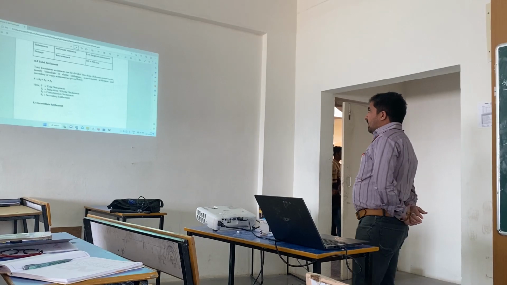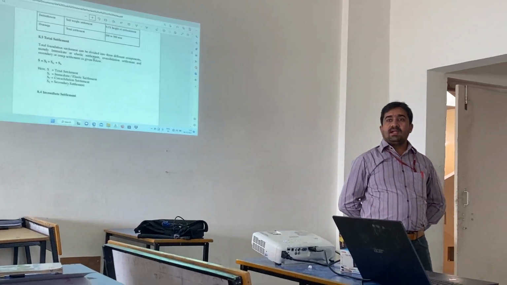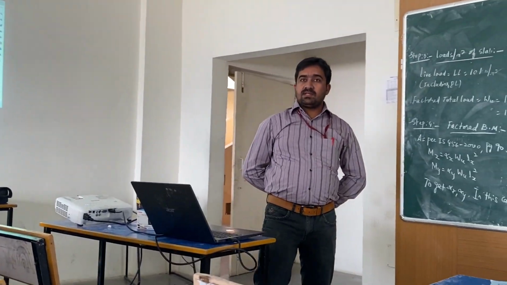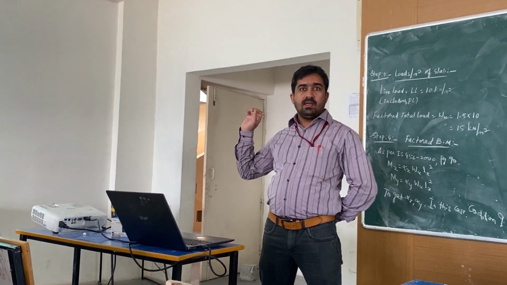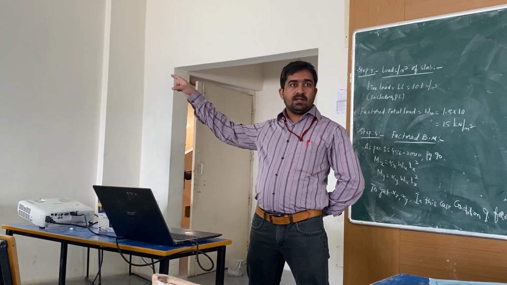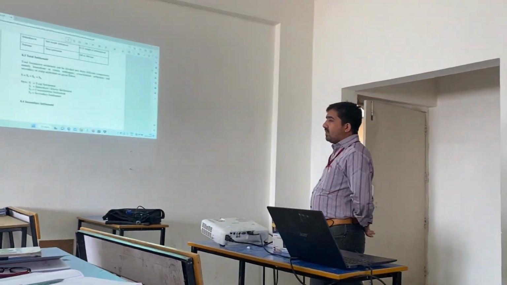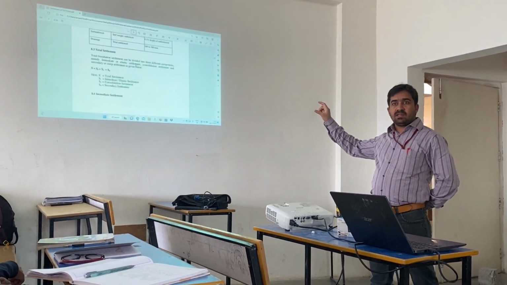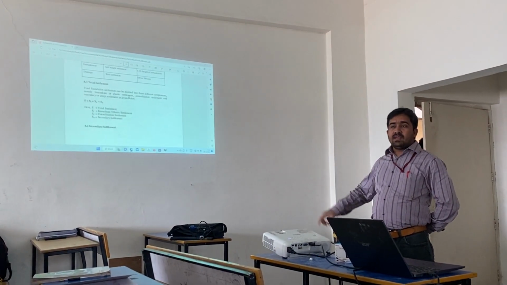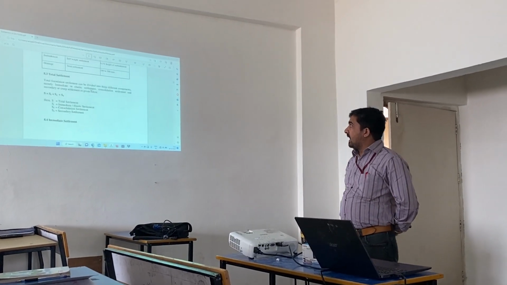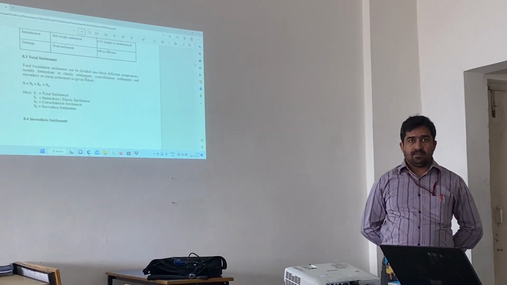Very important, coming to the total settlement. What is total settlement? Note down this equation. Whenever I say something is very important, if I ask the question next class, you should be able to answer. This is not just me showing the presentation. Total settlement has the empirical equation S equals SI plus SC plus SS. S indicates total settlement of the soil, SI indicates immediate settlement, SC indicates consolidation settlement, SS indicates secondary settlement.